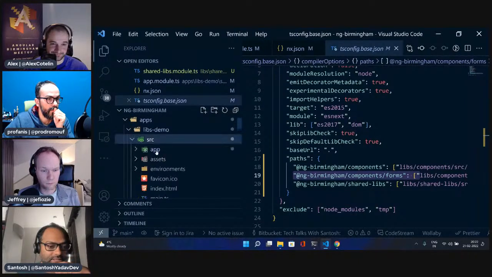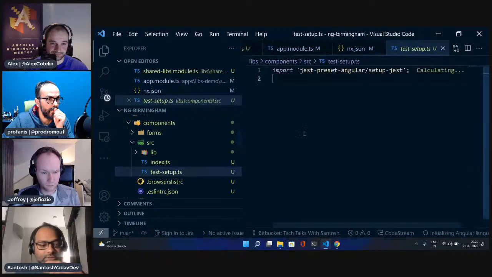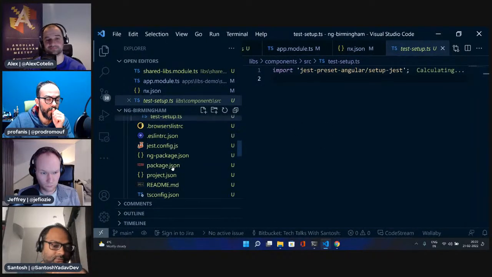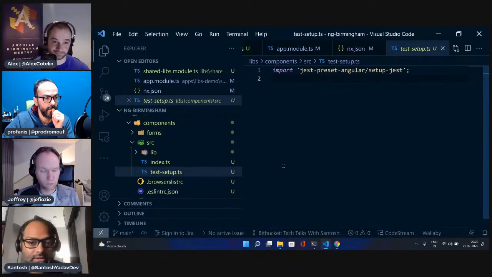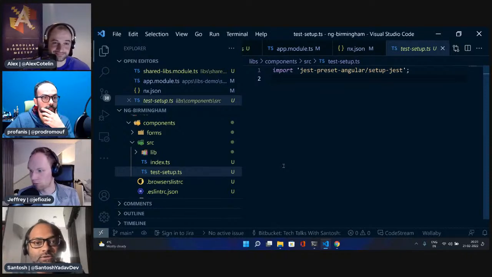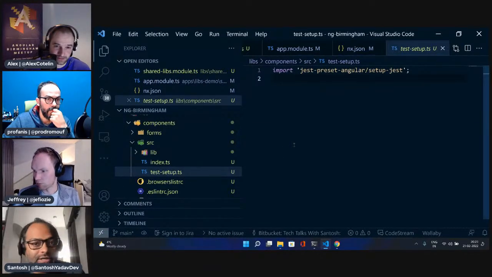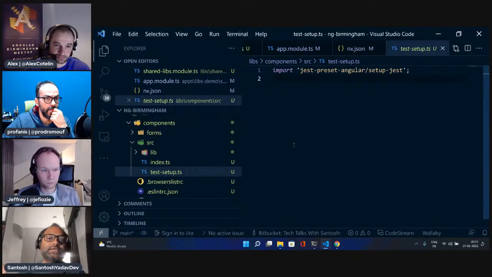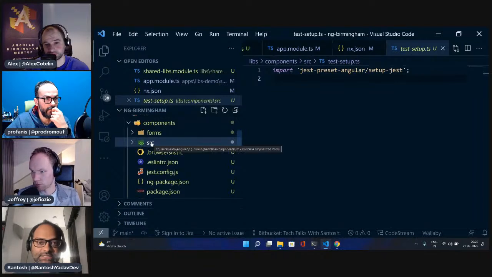So if you go to src, test setup, Jest is used by default. But in case you are using Karma config, so if you're using Karma, you may get one issue. In Karma, you get a file called test.ts. In test.ts, you will find that the path will be used, which will only look for test cases inside src,